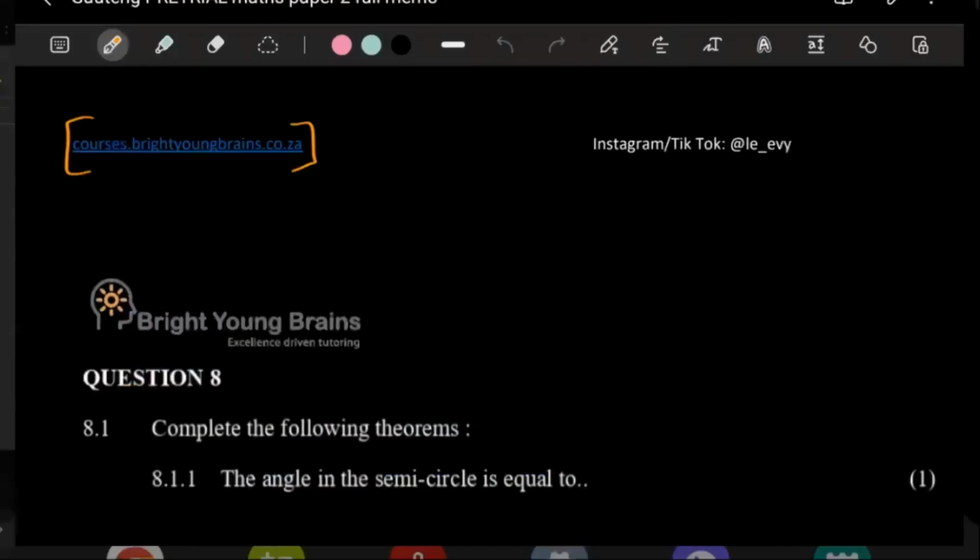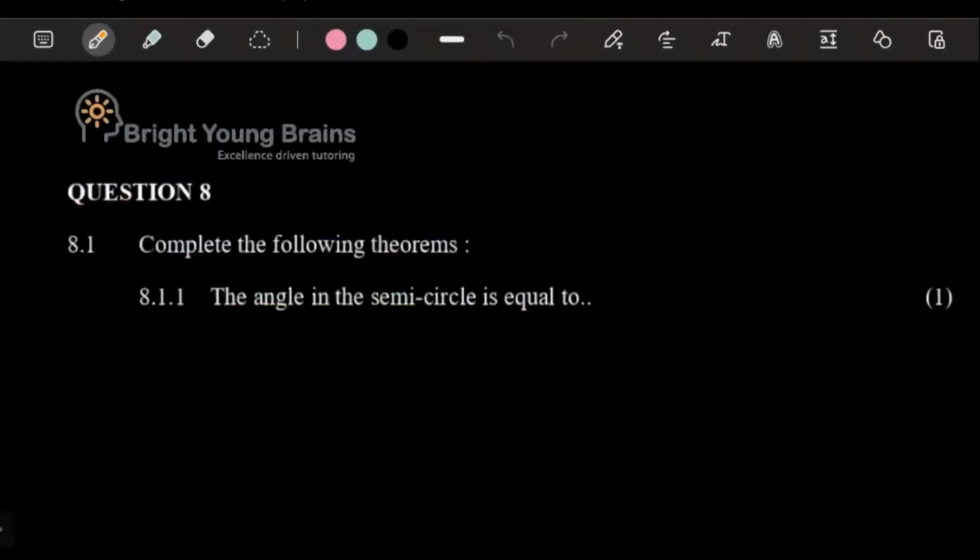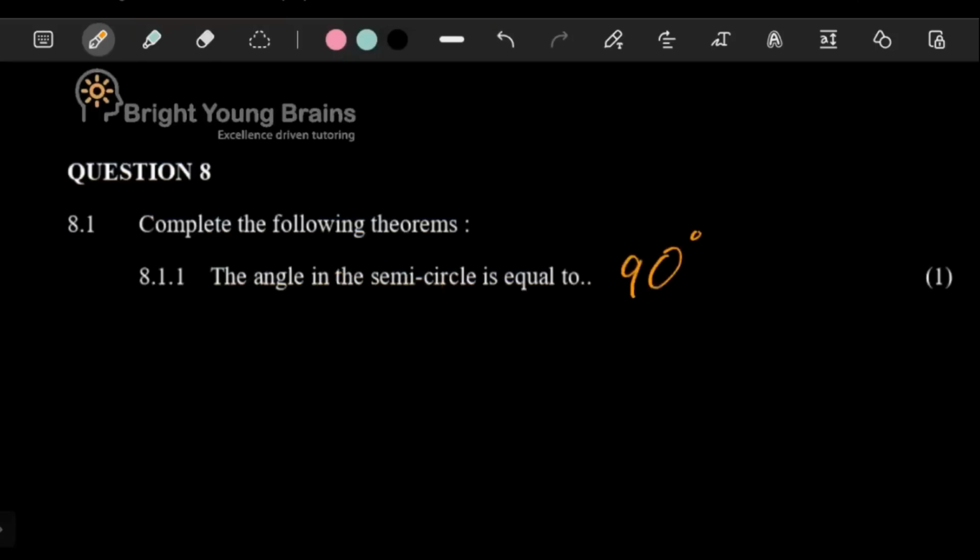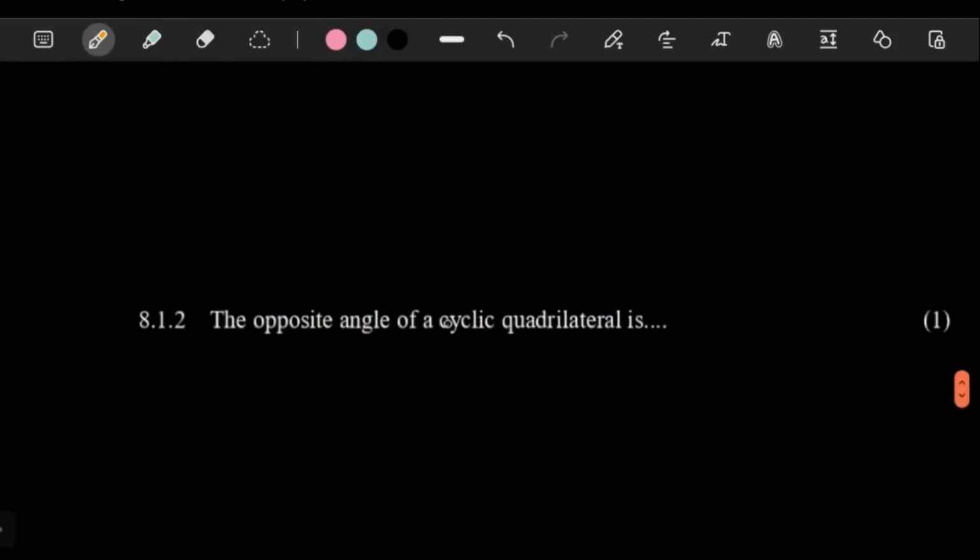Question number 8. It says: complete the following theorems. The angle in the semicircle is equal to 90 degrees. That's not difficult. The opposite angle of a cyclic quadrilateral is equal to the